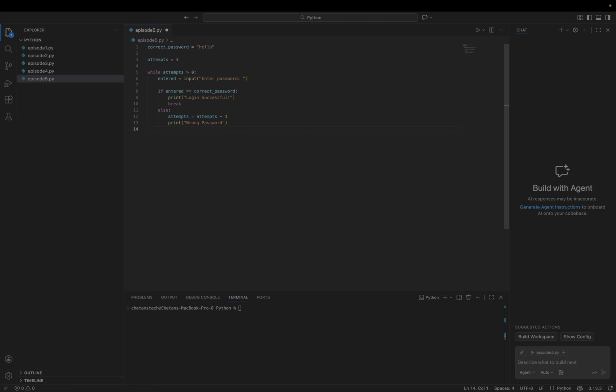Eventually, if attempts become 0, we would like to print account is locked.